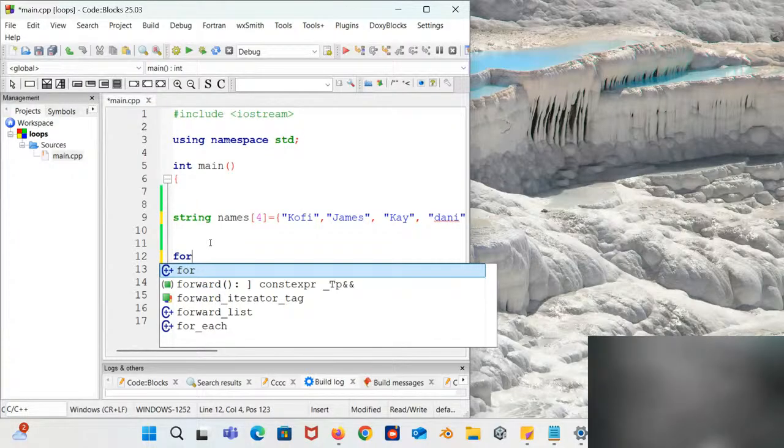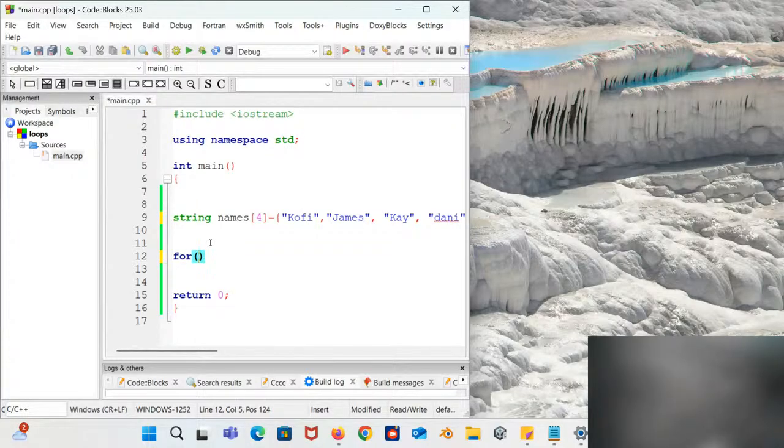then the first thing is what? In the for loop, we learned that it has 3 statements, right? The first statement being the initializer. So you can say int. Let's use i, because most people like to use i in for loops as an iteration point. So let's say i equals 0, right? And we know the number of times that we want to iterate in our loop, which is what? 4. We mostly use for loops if we know the number of times that we want this to run. And in this scenario, we have 4 elements here. Are we getting it? So we come here and say i less than 4, right?